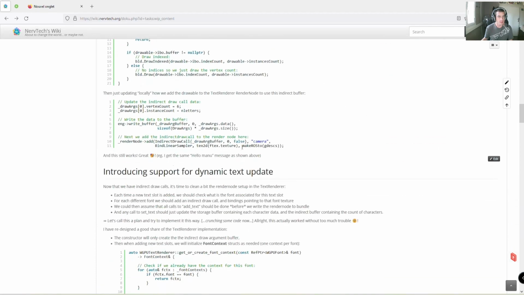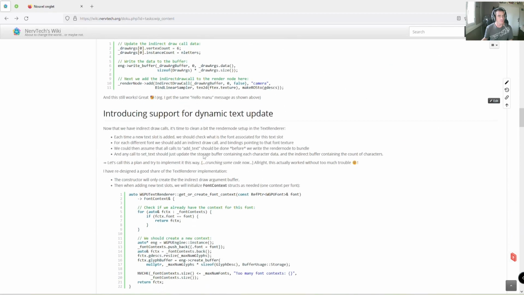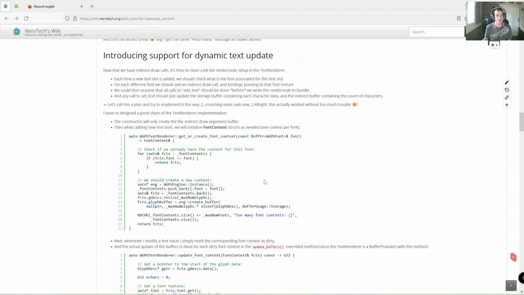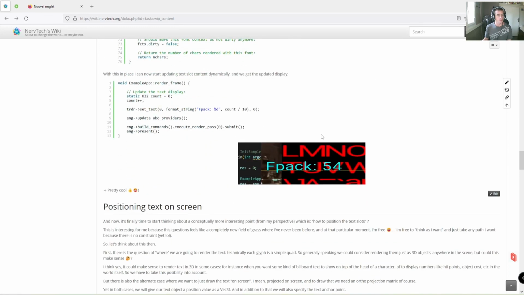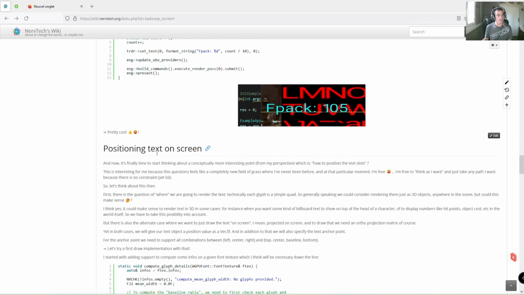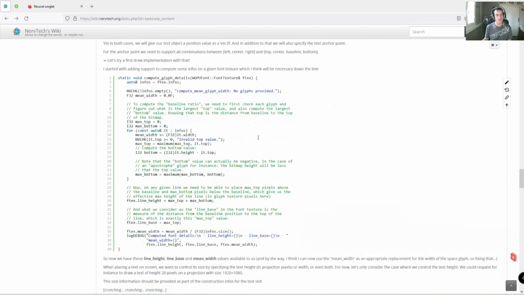So we'll discuss that. And yeah, the idea was to be able to dynamically update the text content without having to rebuild complete WebGPU pipelines, which is an expensive operation. So you don't want to do that at runtime. It's better to do it only once at start on setup. And yeah, with that we could dynamically update the text, and we have introduced support for proper positioning of the